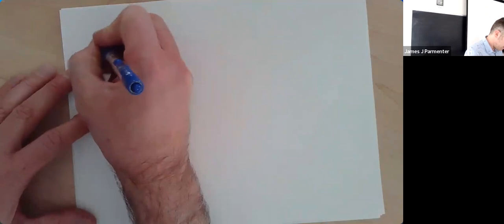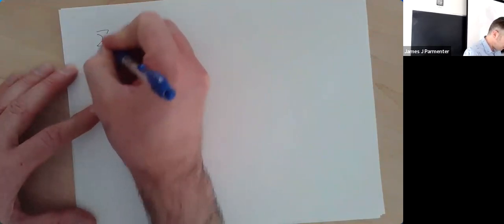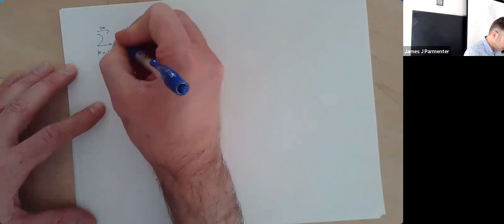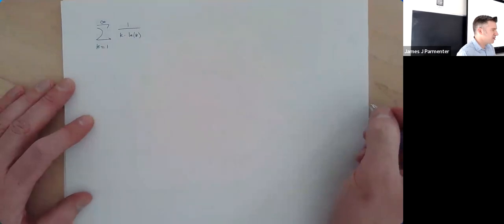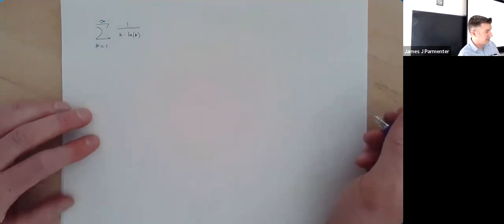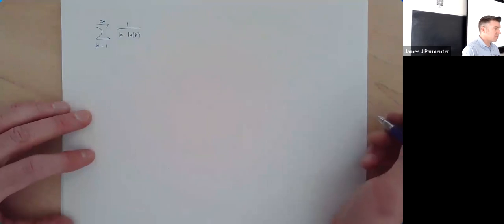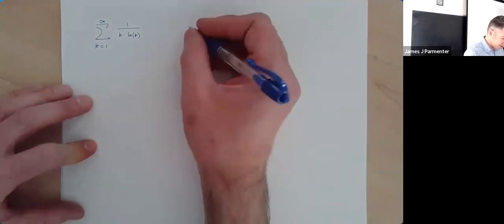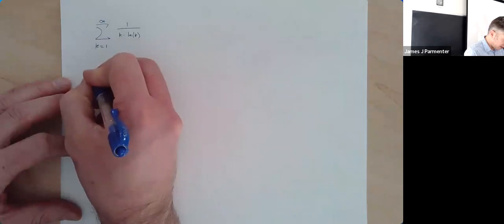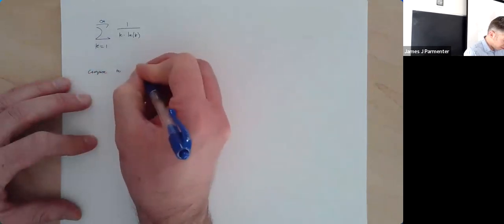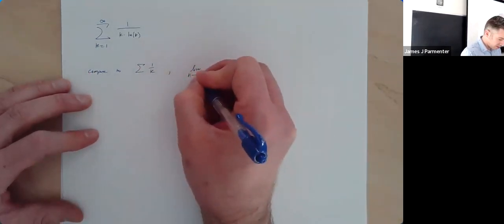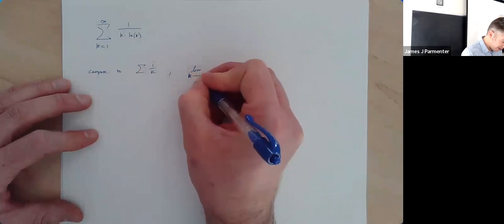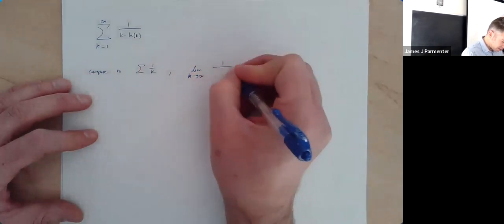I did have one other example in mind, which is this one right here, the sum from k equals 1 to infinity of 1 over k times the natural log of k. And I do think this one is tricky. I don't think you can show it converges or diverges by limit comparison. Because if you try to compare it to the sum of 1 over k, which would be trying to show divergence, the limit as k goes to infinity of my unknown series